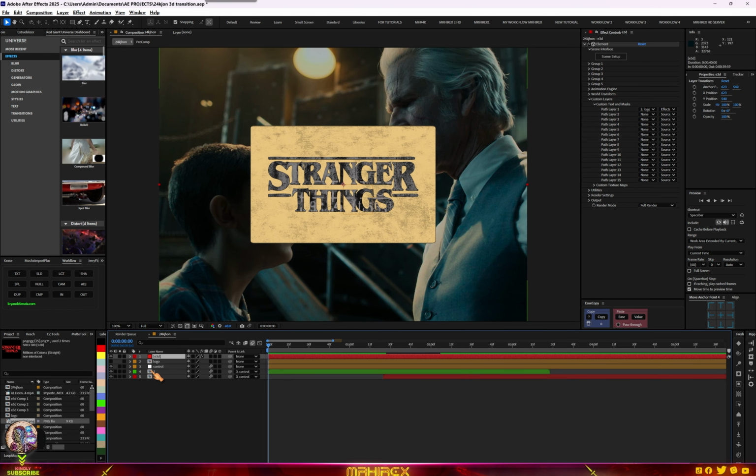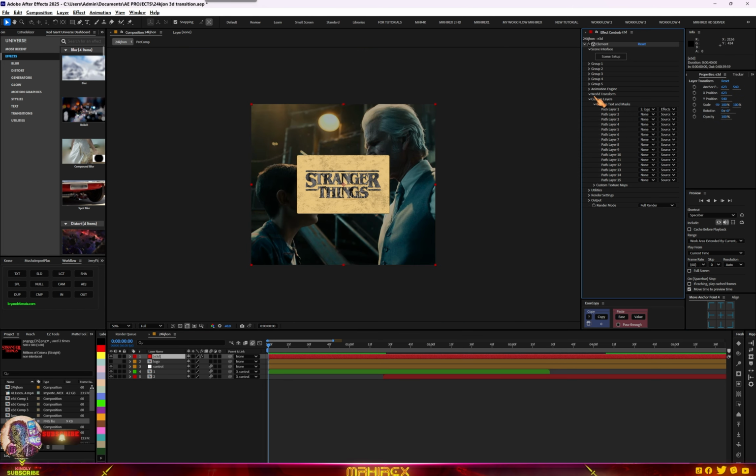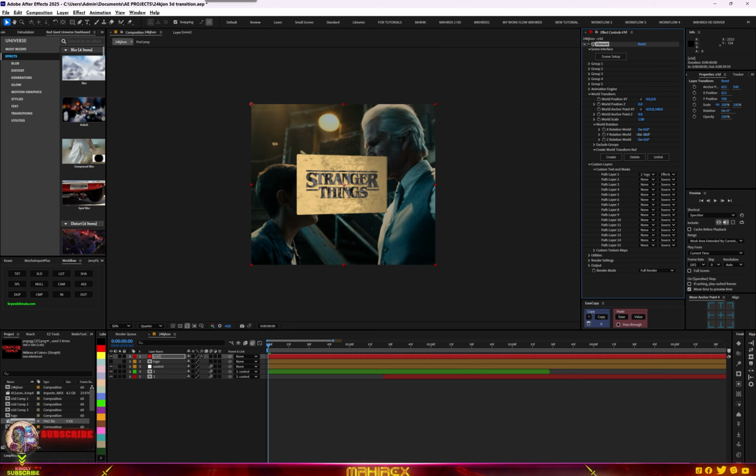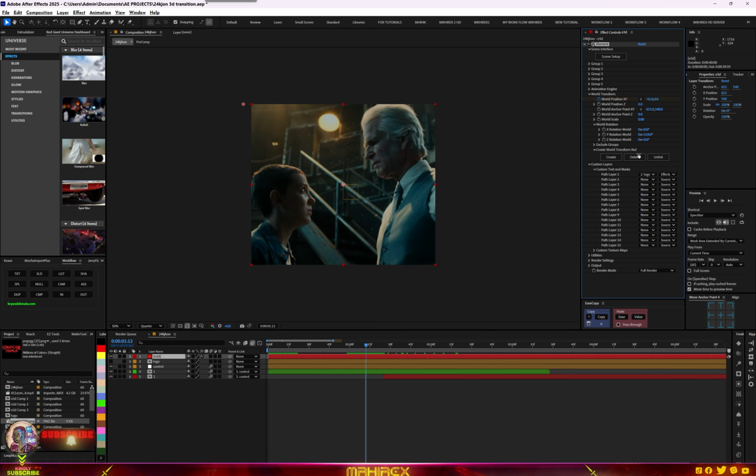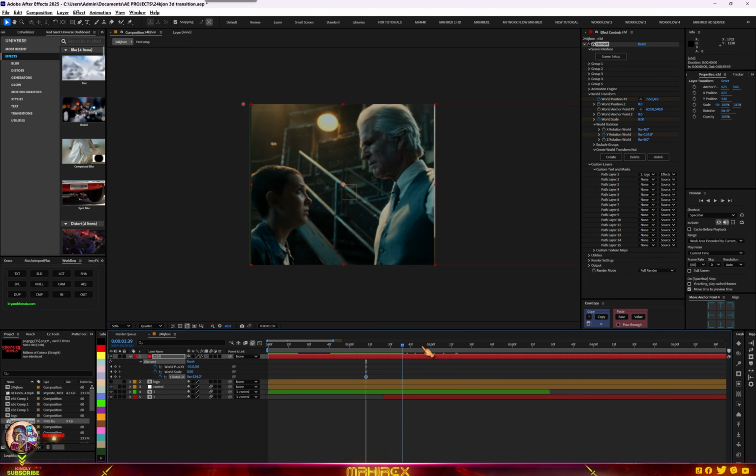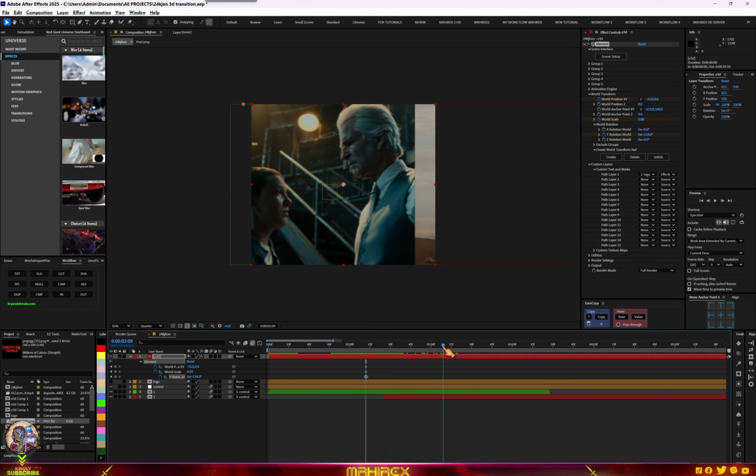Right now let's go to our Element 3D layer and go to our world transform. So go to rotation, go to the Y rotation, rotate it like this, go to your scale, go to your X and Y position here, make a keyframe for your X and Y position, your scale and your Y rotation. Hit U on keyboard. Now let's go to here,